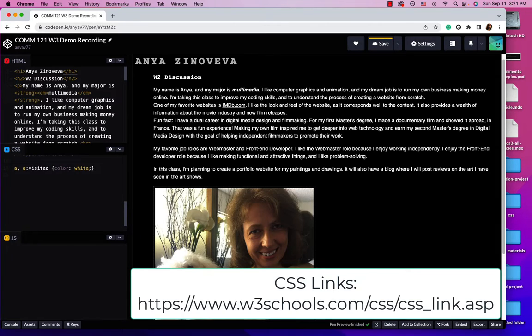And if I want to have a different color for the rollover, because right now it changes the cursor but it doesn't change the color, and usually it's nice when you have some kind of color change when you hover over or something changes. So I could say a hover, and I have to be careful not to add a space this time, and I will say